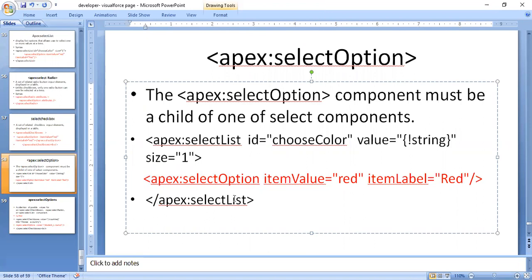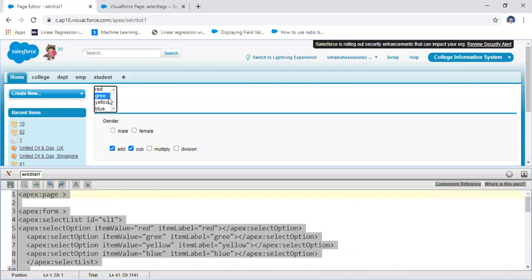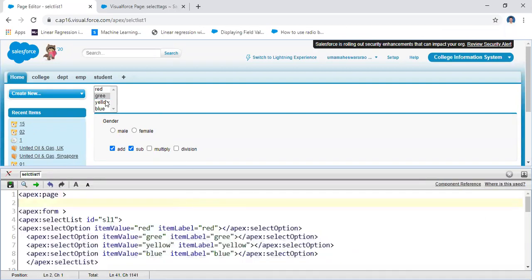For this particular checkbox, this select option component must be a child of one of the previous three select options. In the select list also, you have a select option. It is one of the child components.